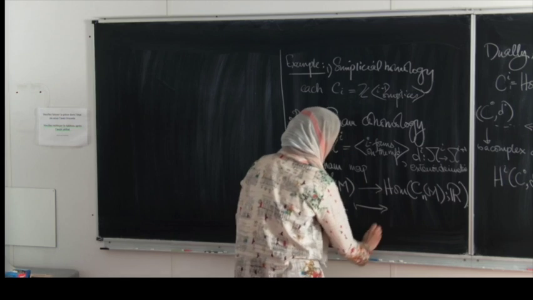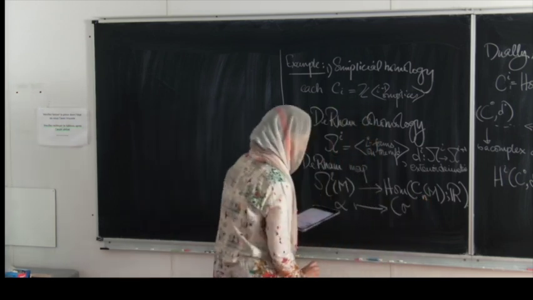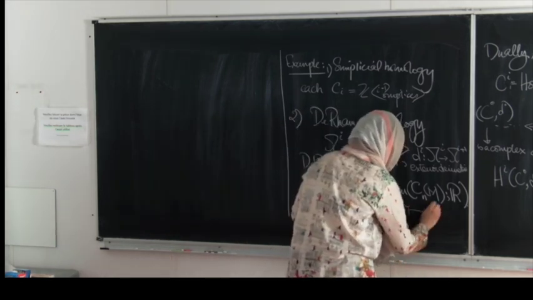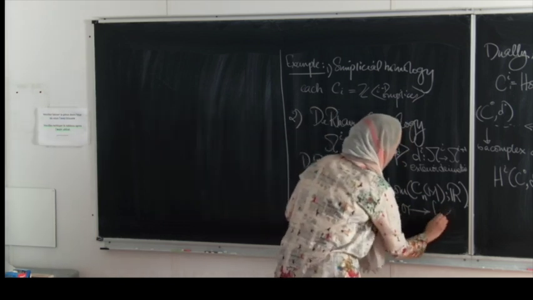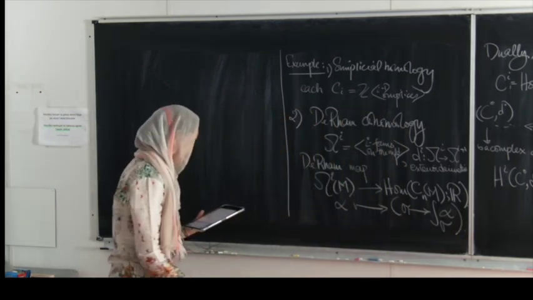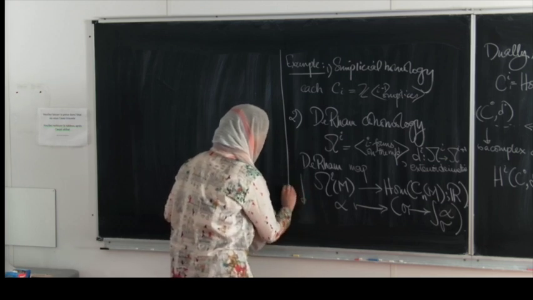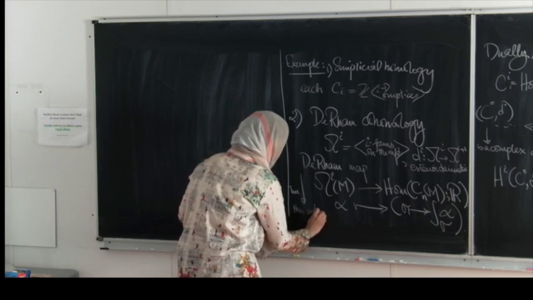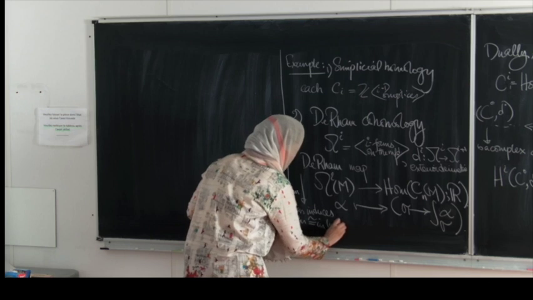This is mapped to this functional, which maps a chain to this integral of this form over sigma. Okay, and so the de Rham theorem says that this induces an isomorphism in homology